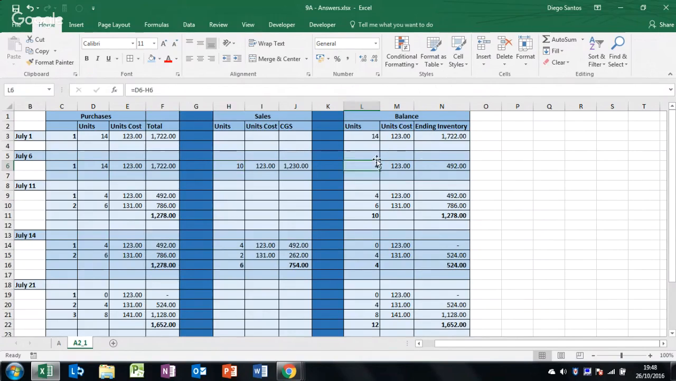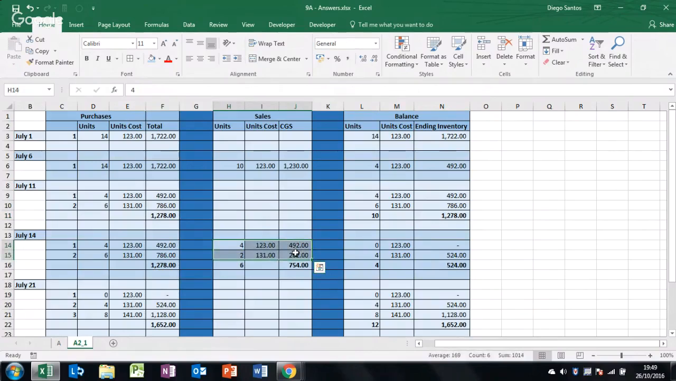Our balance will be 492 because we started with 14 units and we sold 10 of it. For July 11, our total inventory will be the remaining of the previous date plus what we purchased. For July 14, we have to